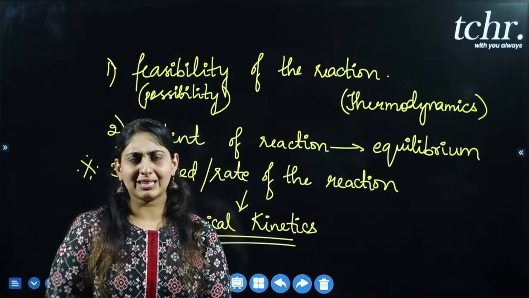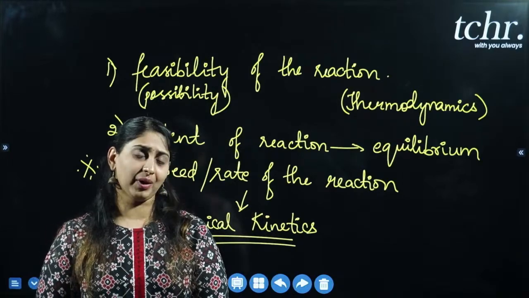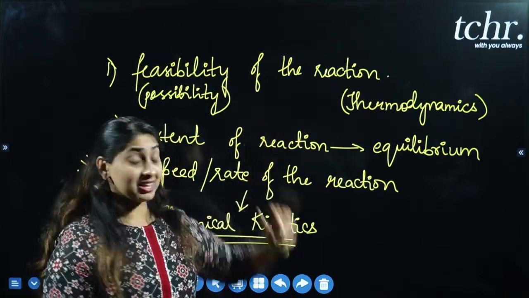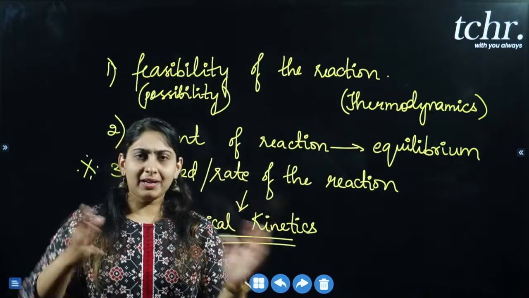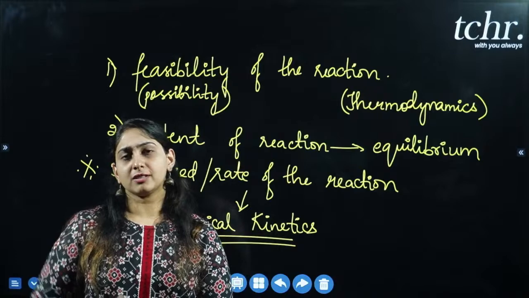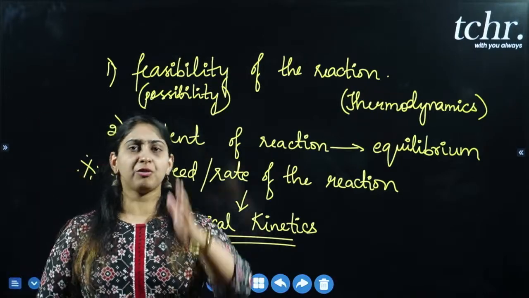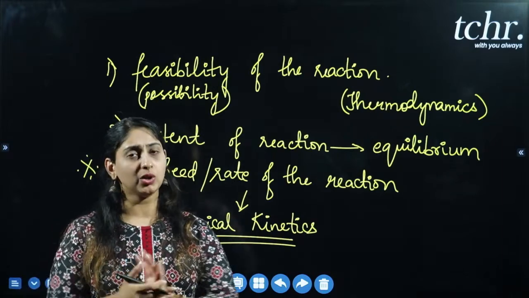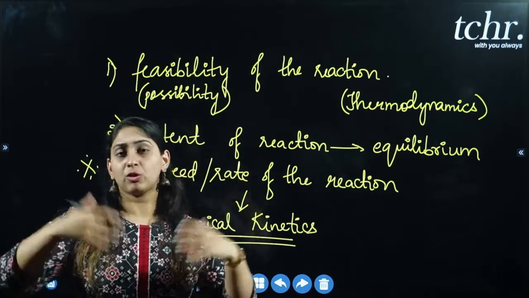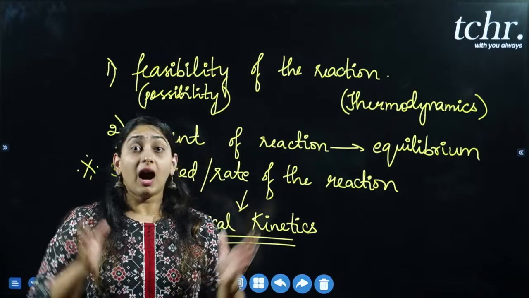One more simple example, there is a saying, okay, it has been predicted. So what thermodynamics has predicted is that after many years, graphite is going to be converted into diamond, or diamond is going to be converted, that is, they are interconvertible, there is a prediction. But how long will it take?